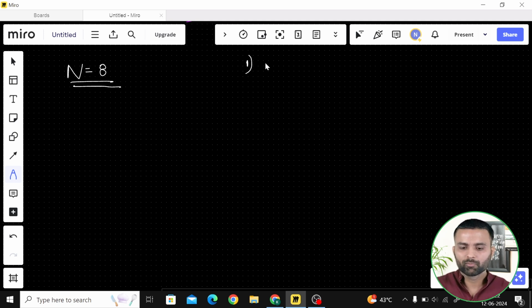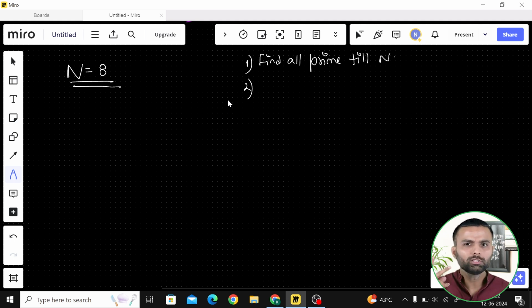The first step is to find all prime numbers till n. That's the first task we have to do. Now, if I have the prime numbers, for example, I'm storing them in my vector or in any array list.